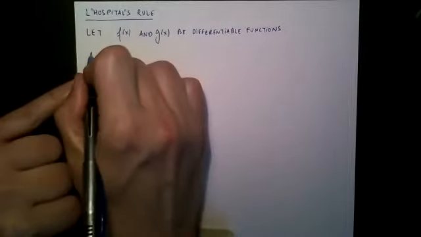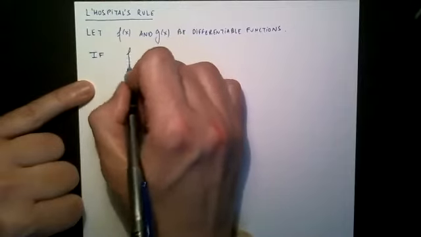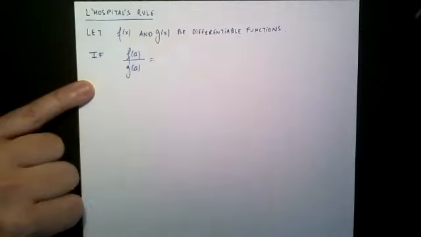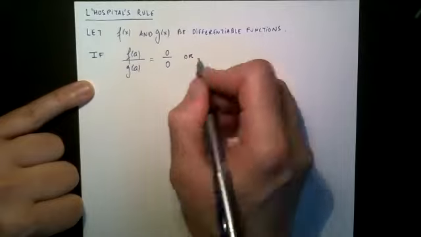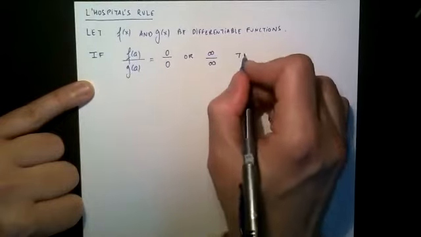So if, and here it is, if f of a divided by g of a is equal to either 0 over 0 or infinity over infinity, then